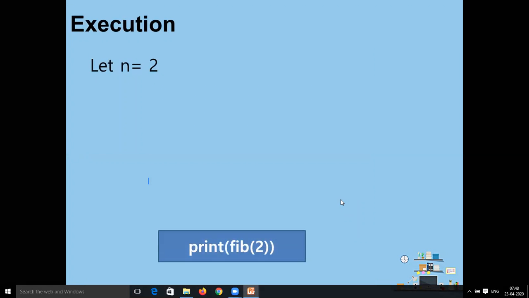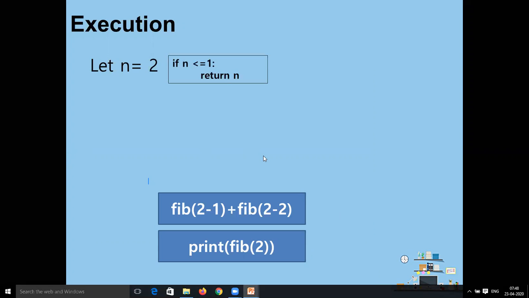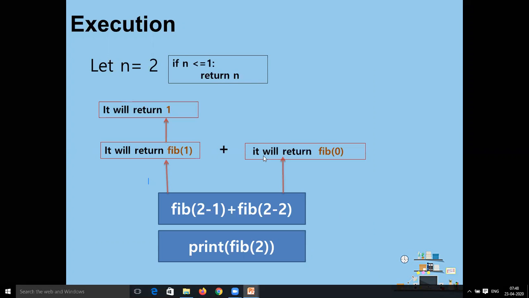If c is equal to 2, then it will call with the argument 2, and it will return two values, the function calling itself, that is fib(2 minus 1) plus fib(2 minus 2). So fib(2 minus 1) is fib 1, which returns 1, plus fib(2 minus 2), which returns 0, so 1 plus 0 is equal to 1. So at the third term we will get 1 as the final value.